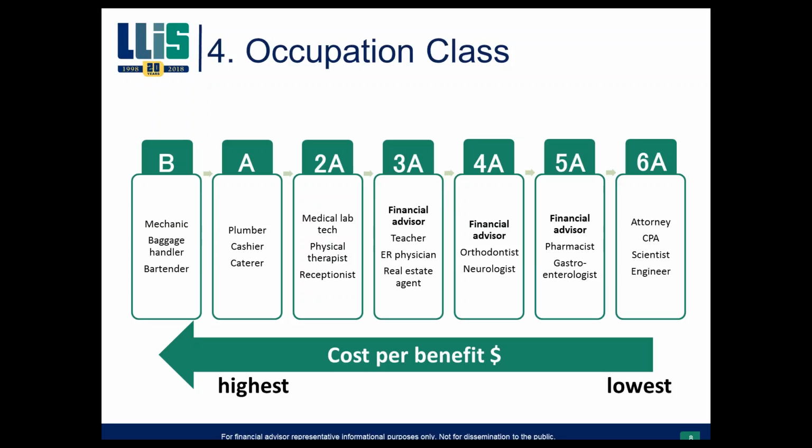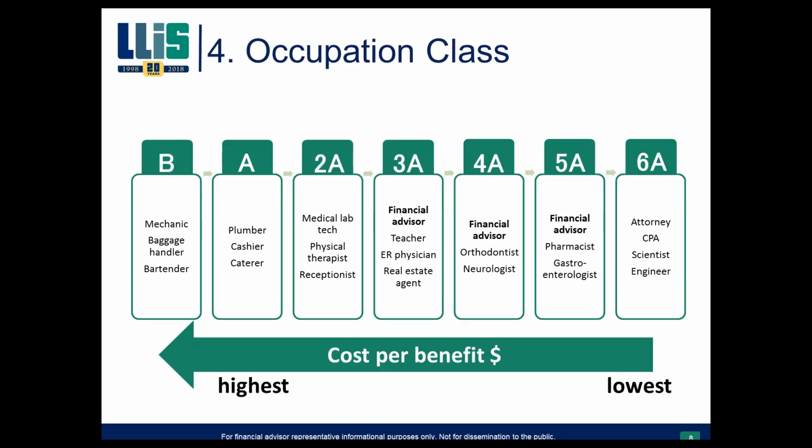Second of all, if you've paid for all that education to do what you're doing, i.e. a doctor, a scientist, an engineer, chances are you want to go back to work. There's an incentive there for you to go back because you enjoy what you do versus staying at home. Now you can see there's a financial advisor listed in 3 locations, a 3A, a 4A, and a 5A. And a little later on, in a couple slides, I'm going to explain that in greater detail